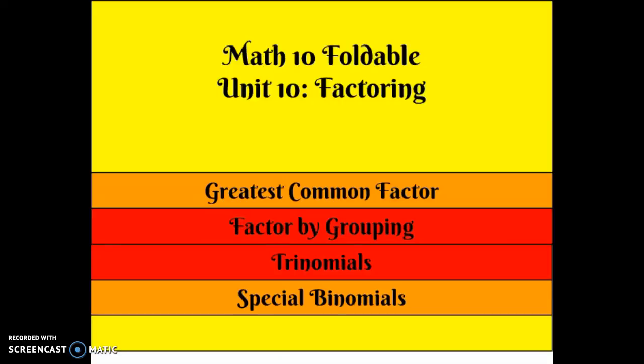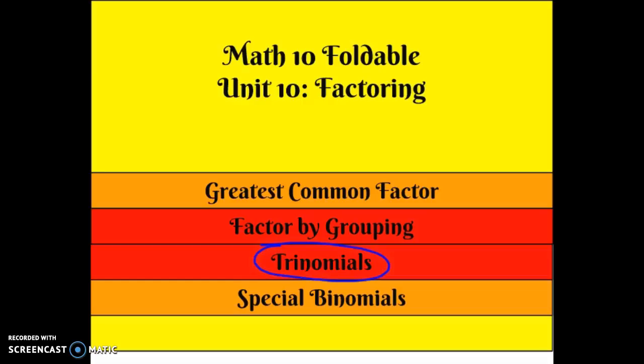Okay, today we are going to go over our third tab of the foldable. It's called Trinomials. We'll be doing 4 examples. We'll start out with the basic ones and get into a little bit more complicated ones. But it's important to understand you need to know how to factor by grouping and do the greatest common factor